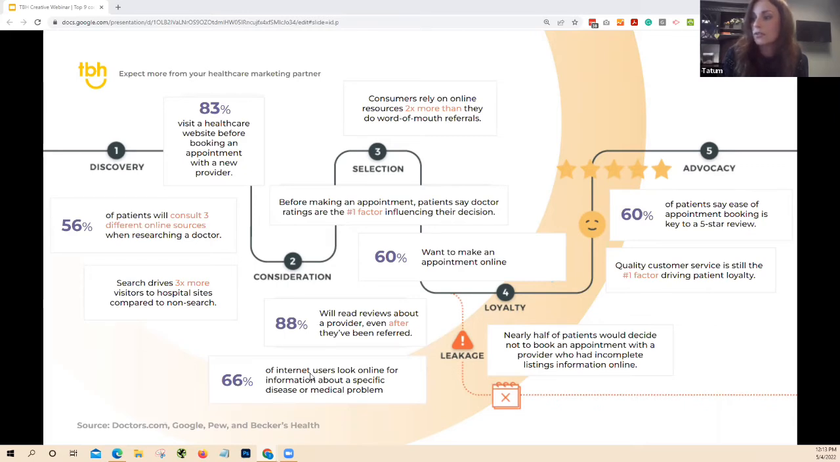66% of internet users look online for information about a specific disease or medical problem. So I see this as an opportunity. Don't just talk about your specialties and treatments. Of course, you want to do that, but there's also an opportunity to nurture and educate and answer questions, because 60% of users are looking for that, and that can help you stand out. Especially for those, and we're talking about ROI a little later in this call, surgeries and higher value things, they're going to be doing a little more due diligence, and that can make a big